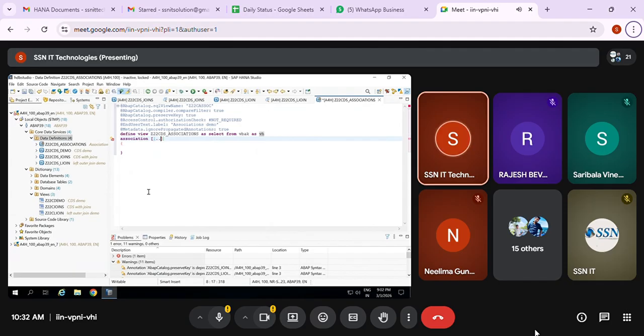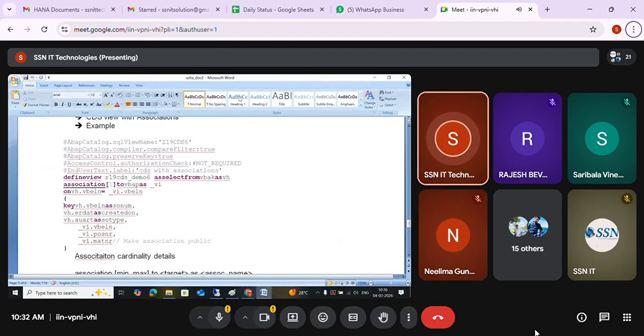This is how you can give the cardinality: 1 to 1, 0 to 1, based on the requirement. So instead of joins, you use associations, and cardinality is a must. Then the other table as a shortcut.